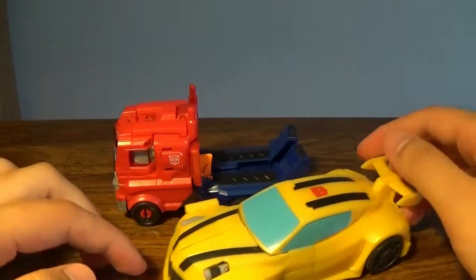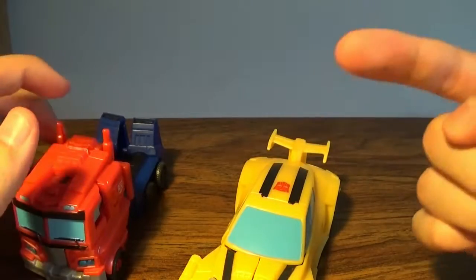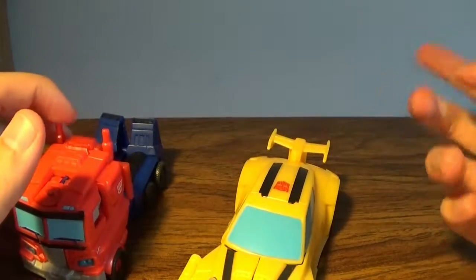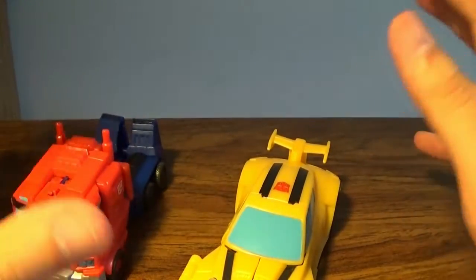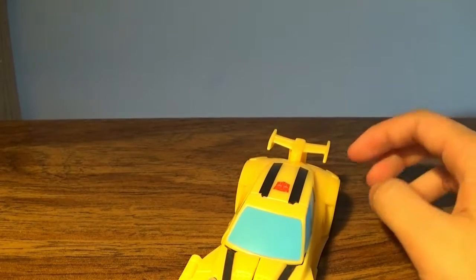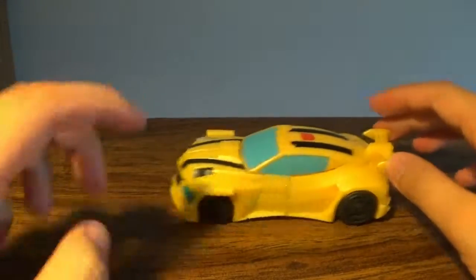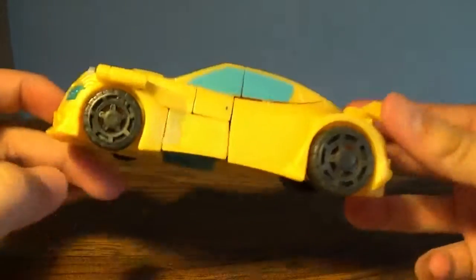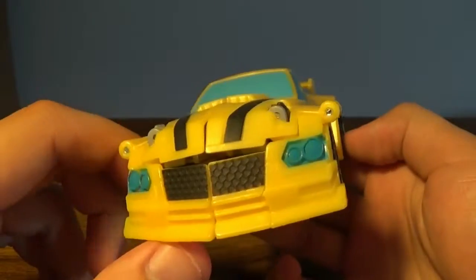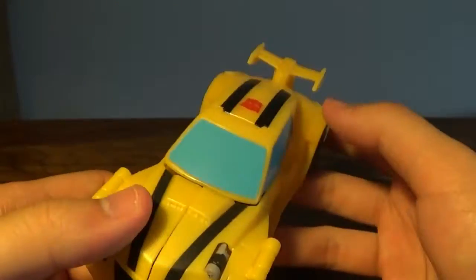Now since this is a very simple transformation, I will not be transforming back into vehicle mode, just for the simplicity and also the length of time. Now, putting Optimus off to the side, Bumblebee does roll, but I have a smooth table, so it doesn't give a good grip. As you can see here, I believe the back wheel is slightly bigger than the front wheel. But you have the yellow here, and from the clip I see that Bumblebee actually does not